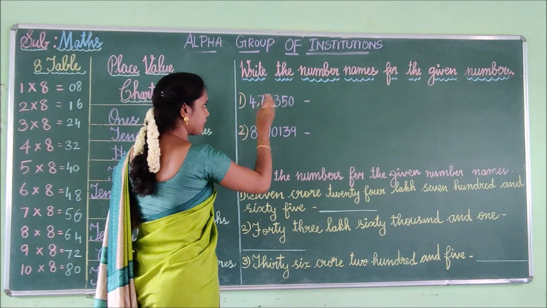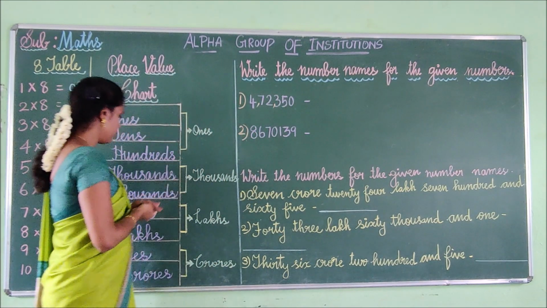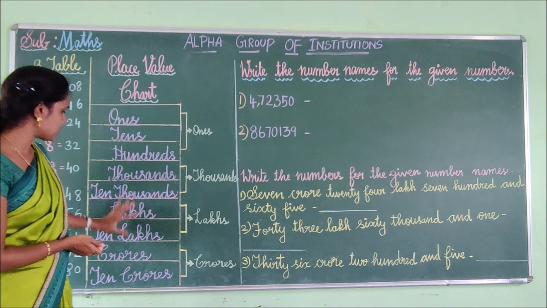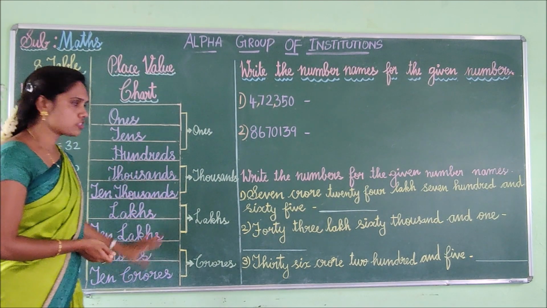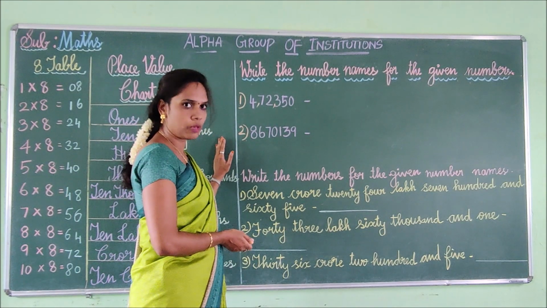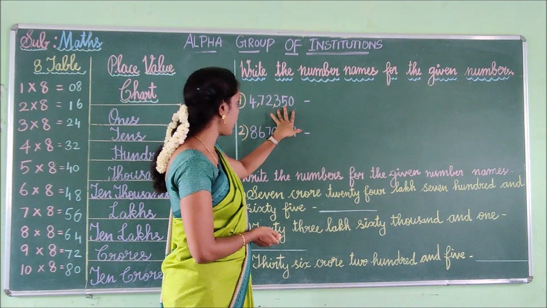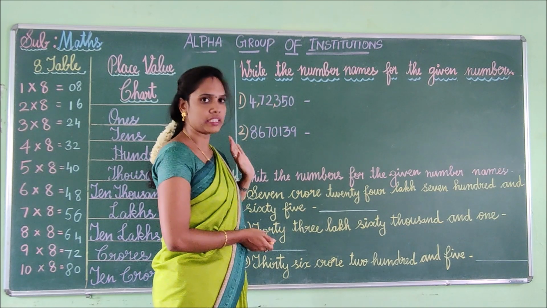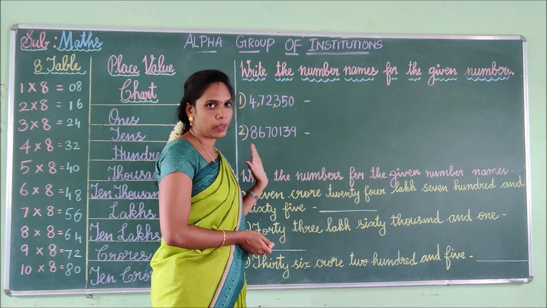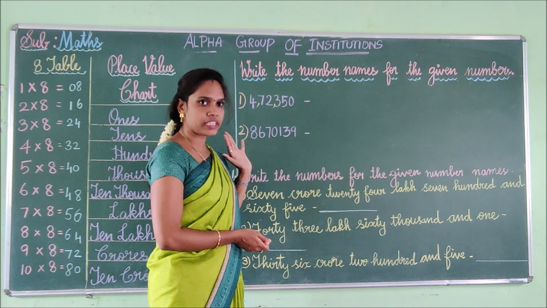Last 3 and then 2 numbers you have to take, because here we have split into 2s, right? See, thousands, lakhs, crores. So before 2 numbers you have to put a comma. Only for the last you have to put a comma before 3 numbers. For the other places you have to put a comma before 2 numbers. Understand? Always keep that in your mind.